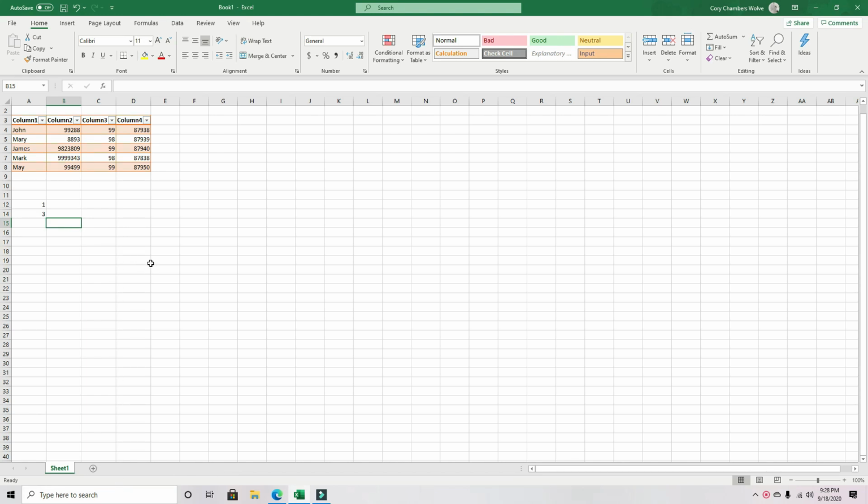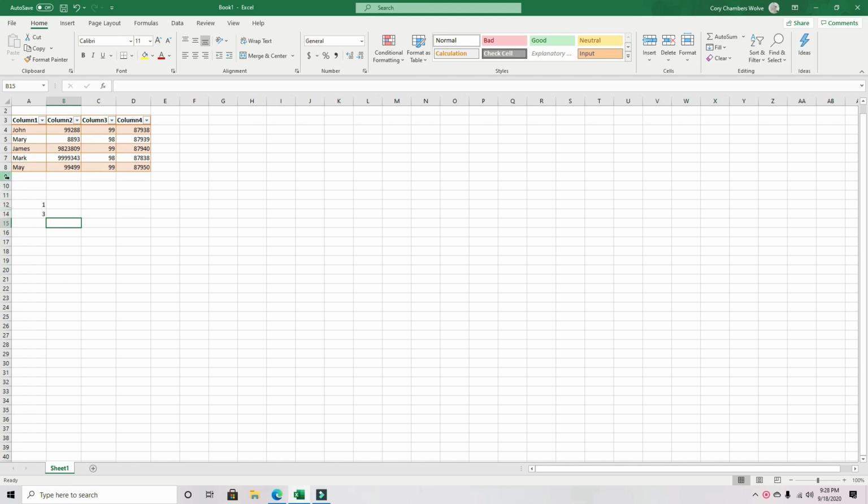So if you have a spreadsheet and some rows are hidden, you might be a bit confused about how to unhide them. You can see here row 1 is hidden and row 13 is hidden, as you can tell by the number 13 missing and by this double line right here between the two rows instead of the single line